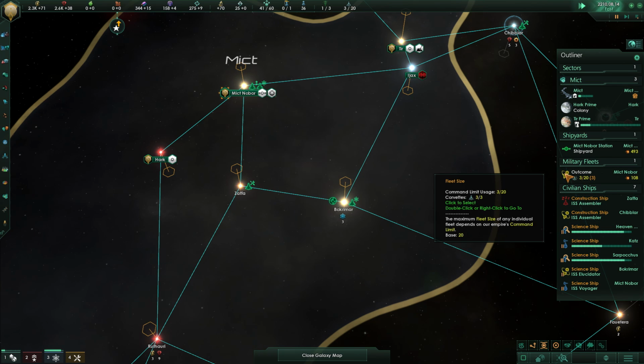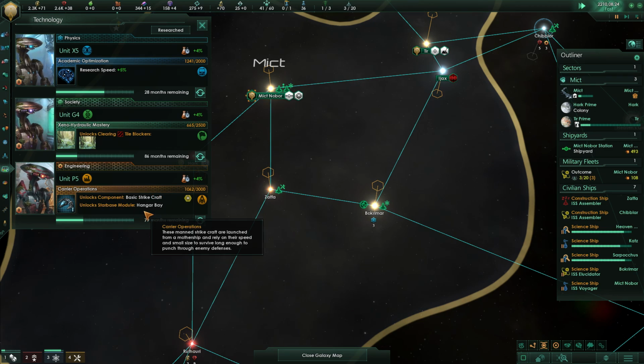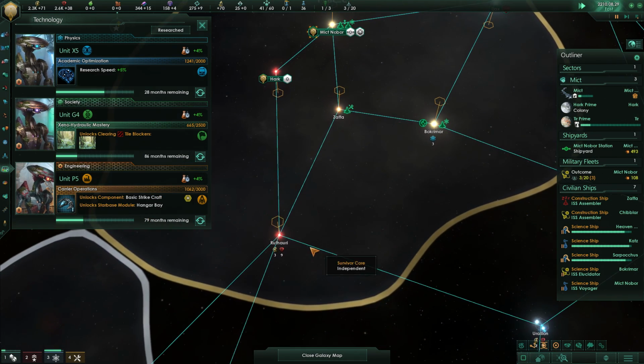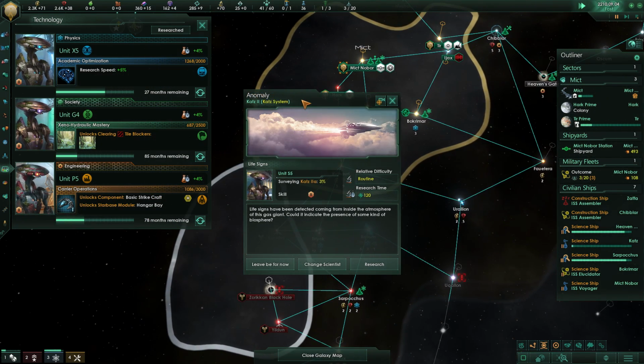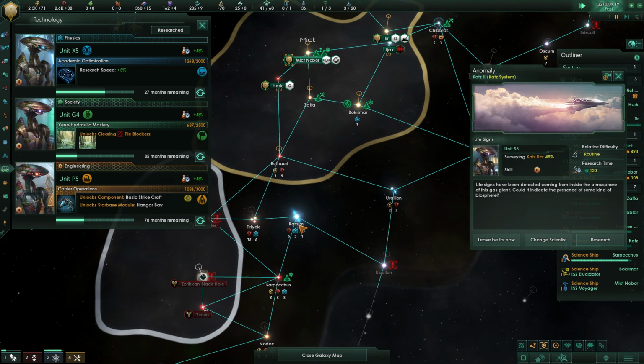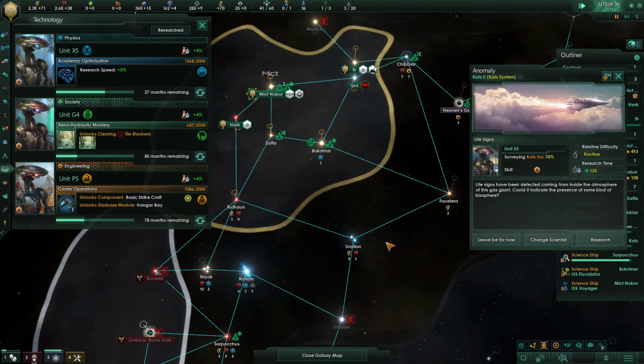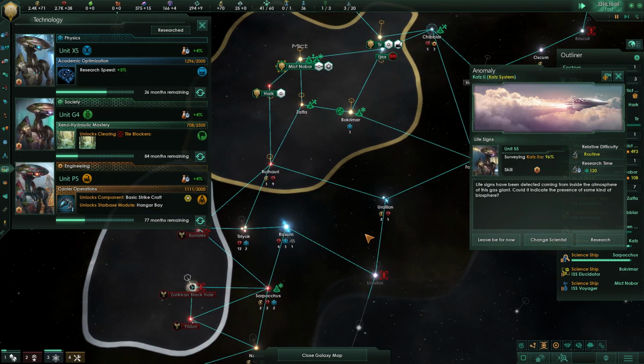Alright, so technology-wise, we're working on hangar base. I think we do want to make sure that this is kind of our defensive point, although they could ravage all the way here and then work their way around. So actually what we may do...